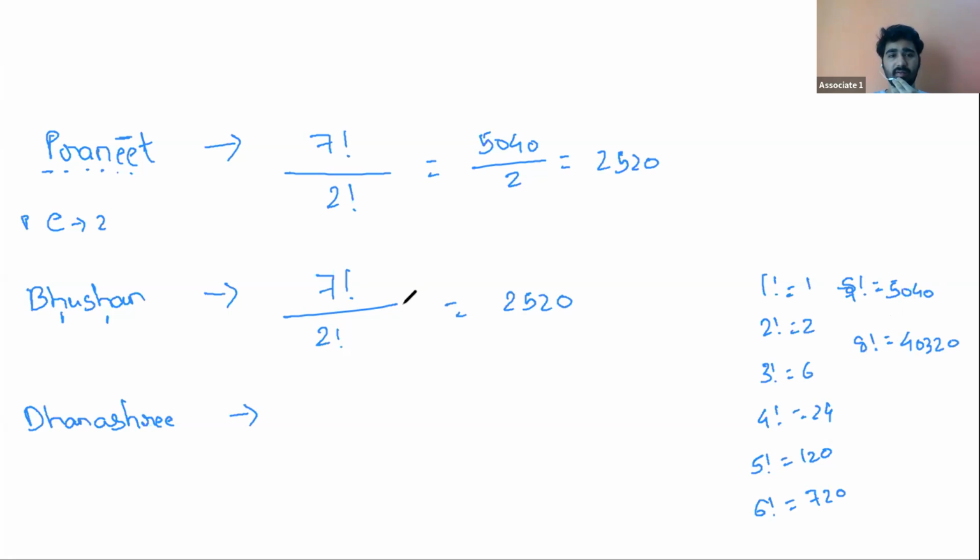So the numerator is factorial of the number of spaces. We have to count the number of spaces. So the number of spaces: 1, 2, 3, 4, 5, 6, 7, 8, 9, 10. So we have 10 spaces, divided by basically the letters which are getting repeated. If you look, H is getting repeated 2 times. A is getting repeated 2 times. And E is getting repeated 2 times. So this will be 2 factorial, 2 factorial, 2 factorial.